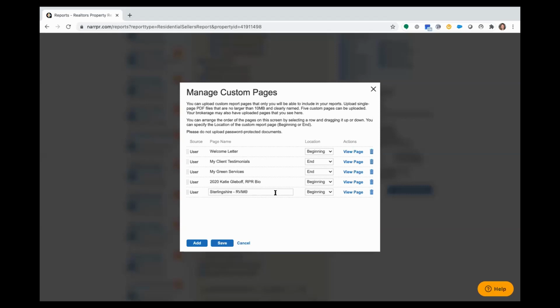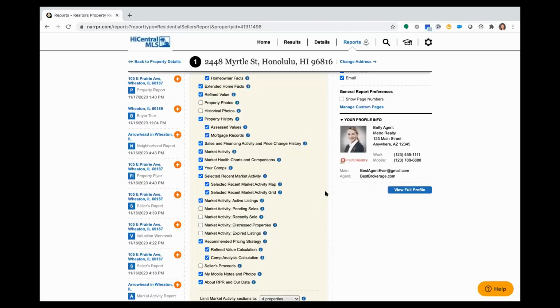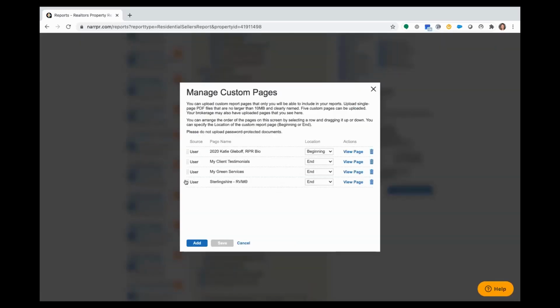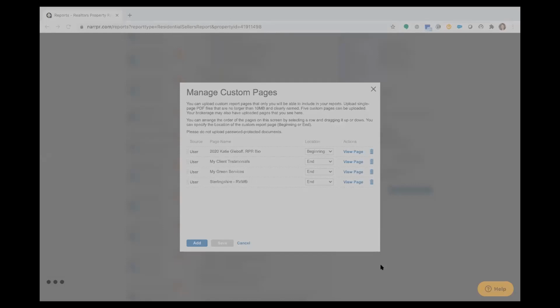So I can have up to 5 custom pages. Once I have those custom pages, I have the ability to put them at the beginning or at the end. I can delete pages if it's something that I don't want to use anymore. And I also have the ability to drag and drop them and put them in an order that I want as well. So you do have that ability. And then when you're creating that report,